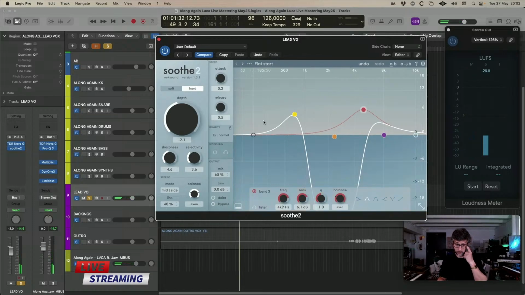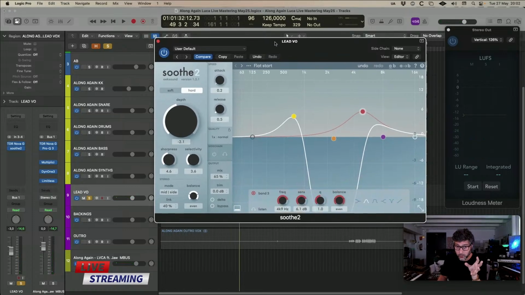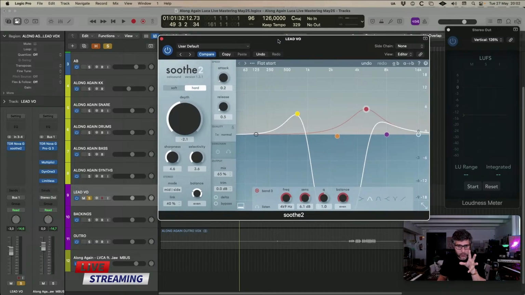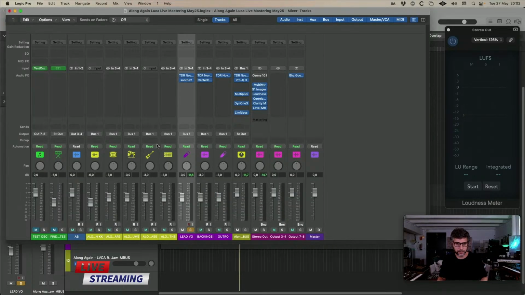Very nice. Soothe is great. It's not super obvious. It's not so in your face, because that's not what we want. We just want to remove a little bit of that cloudy layer, I would call it. And Soothe is great for this kind of stuff. So I'm gonna copy this processing over,